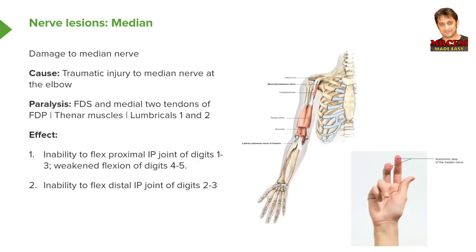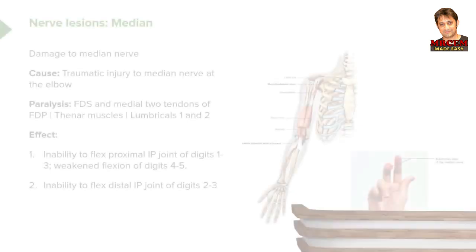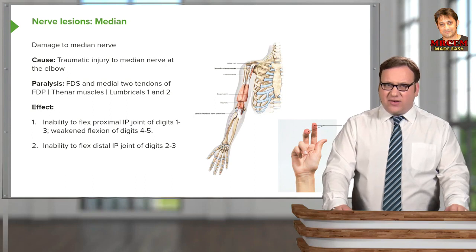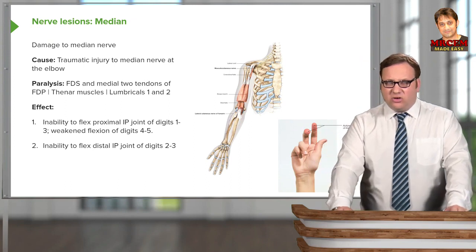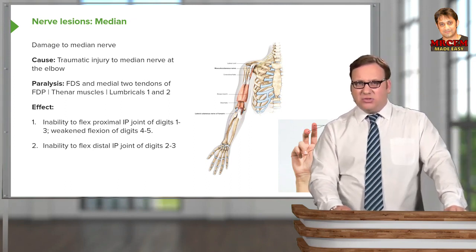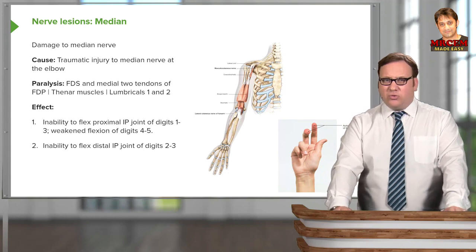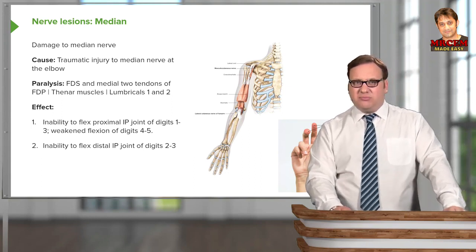So damage to the median nerve, again via maybe traumatic injury, principally at the elbow joint is a common place, but again you can have damage up in the arm or down, as we'll see, in the wrist region. Damage at the elbow can lead to paralysis of FDS, flexor digitorum superficialis, and the medial 2 tendons of flexor digitorum profundus. So these muscles will be paralyzed. You'll also have paralysis of the thenar muscles working on the thumb and lumbricals 1 and 2, those laterally positioned